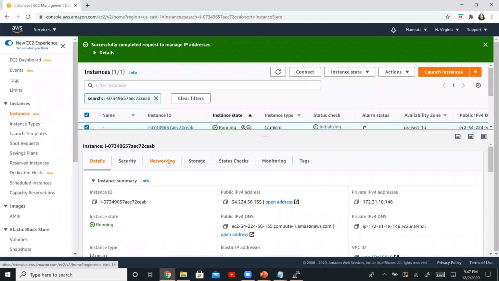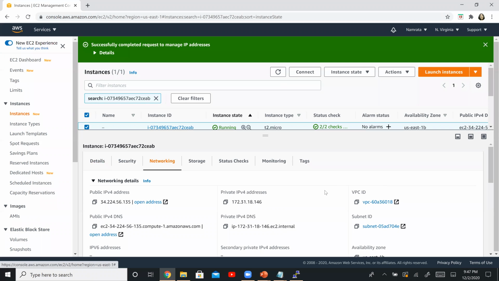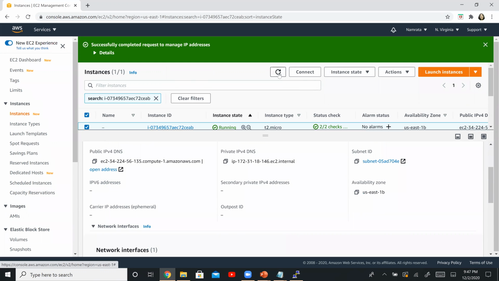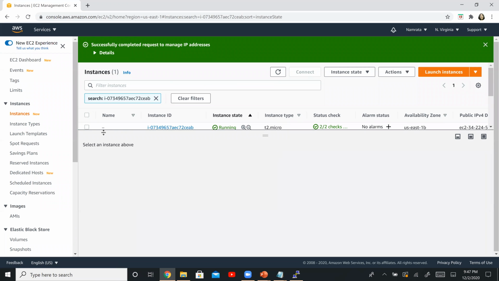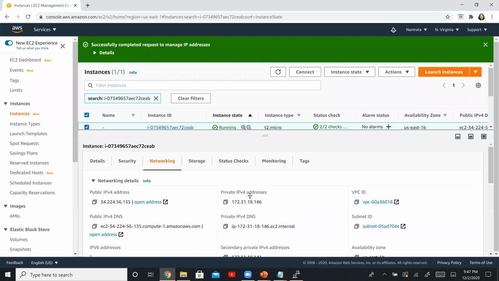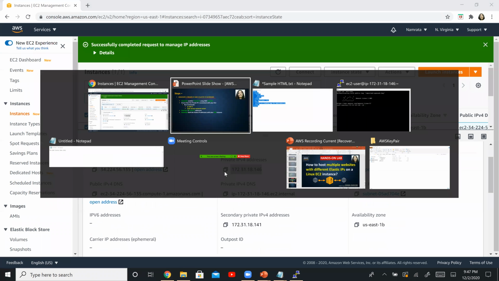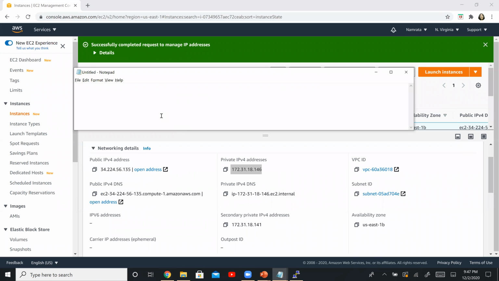So if you switch to networking, you should be able to see both the IP addresses. Okay, let me just refresh this and select the EC2 again. So this is the original IP address, right? So let me make a note of it right here. So this is the first IP address.